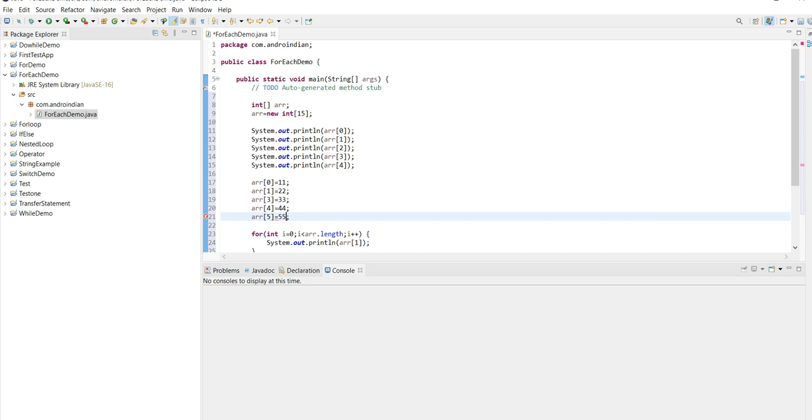Now we'll run this program and see what the output is.